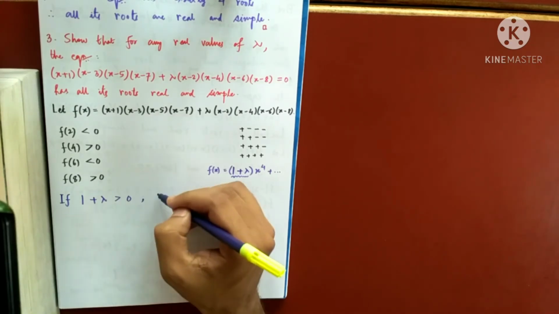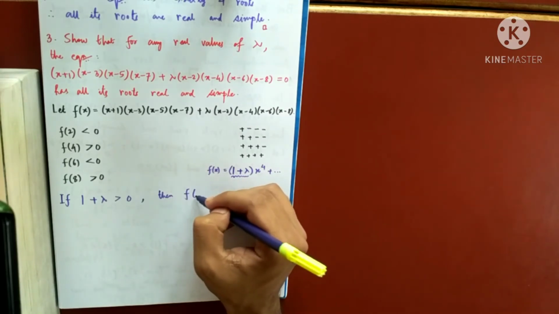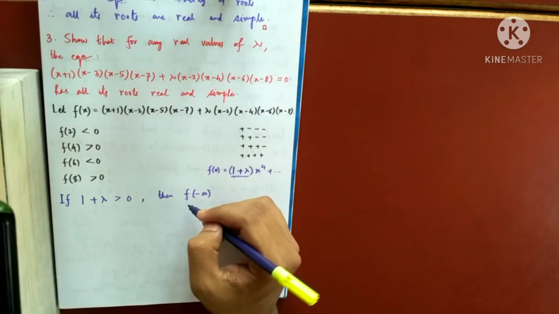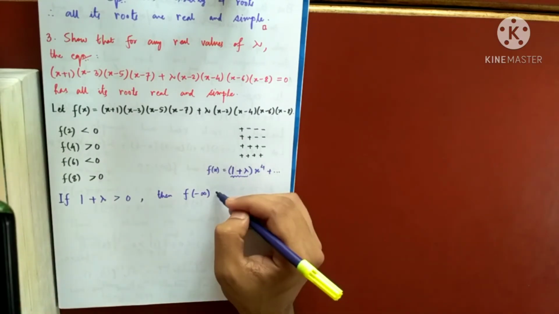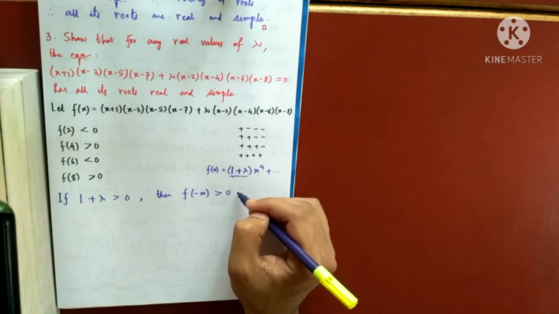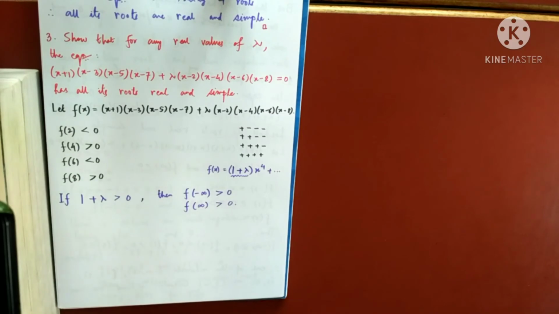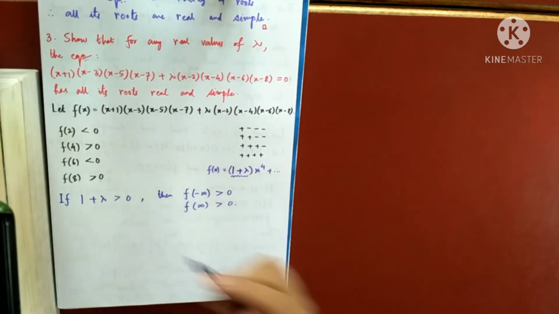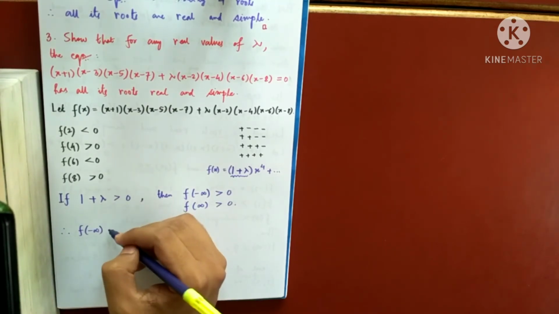So now you tell me, what is f of minus infinity and f of infinity in this case? It will be positive in this case. Yes, because this is positive and you know this will also be positive. F of infinity and f of minus infinity both are positive. So in this case, now I can tell you what f of minus infinity and f of infinity are. Therefore, I have f of minus infinity greater than 0.